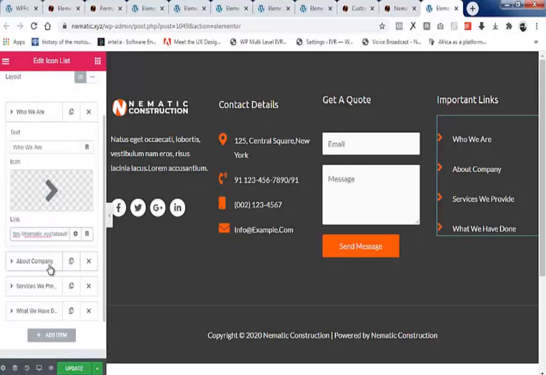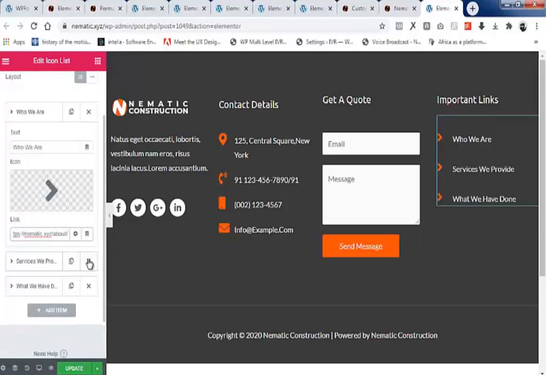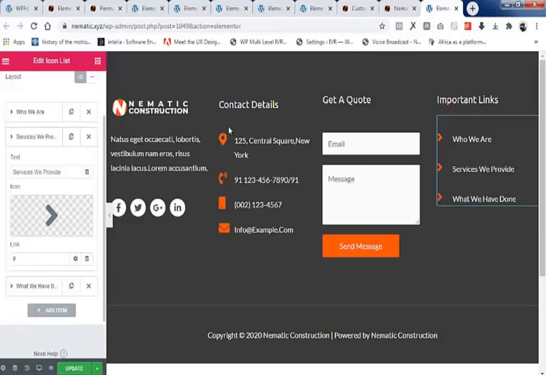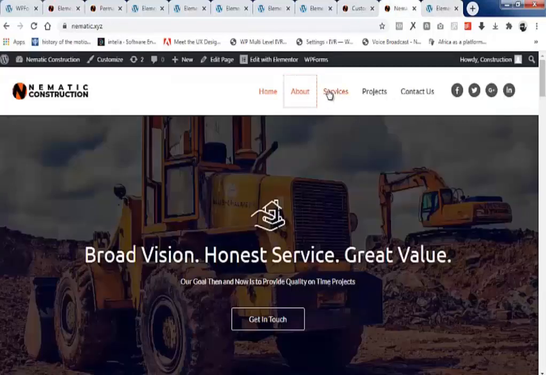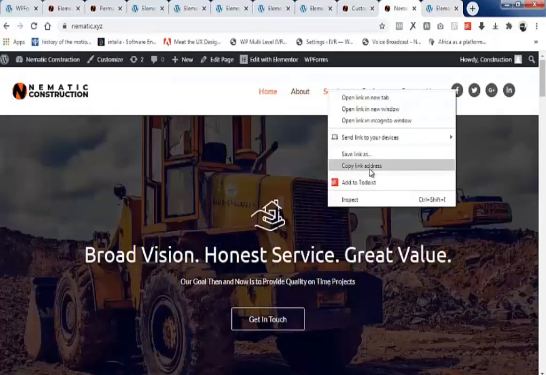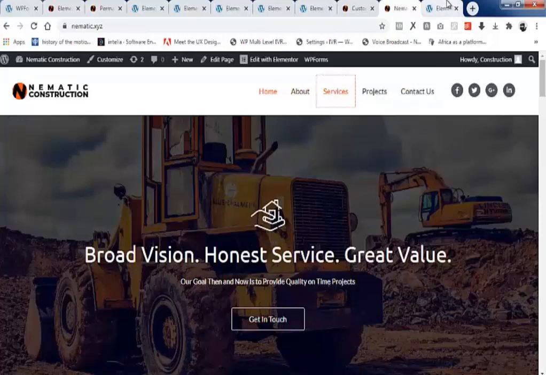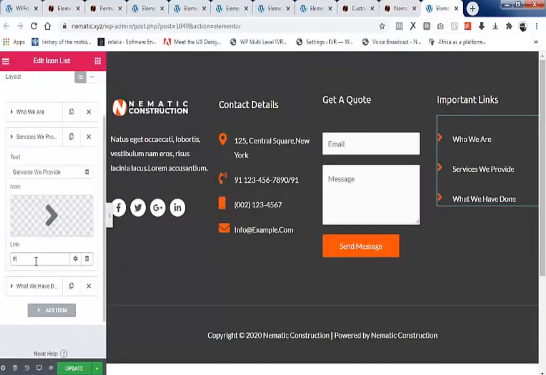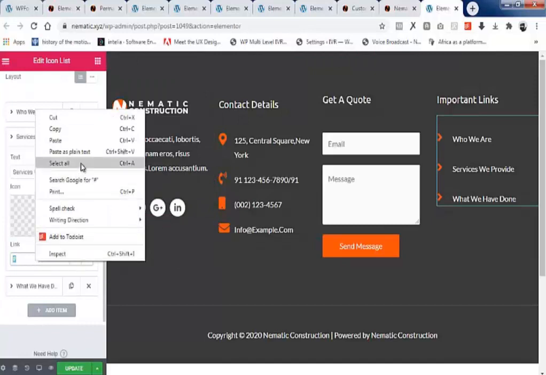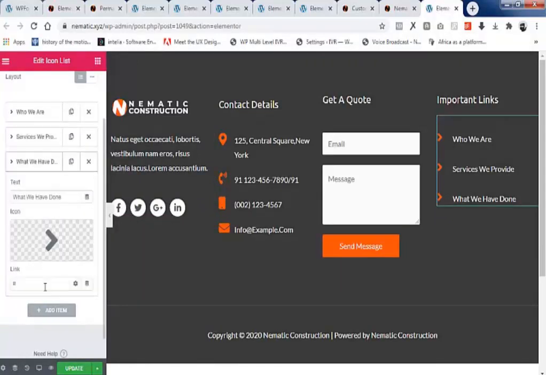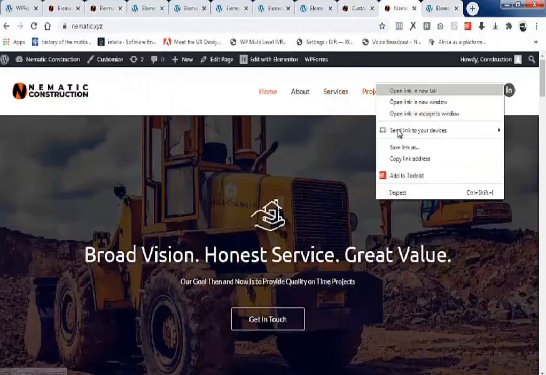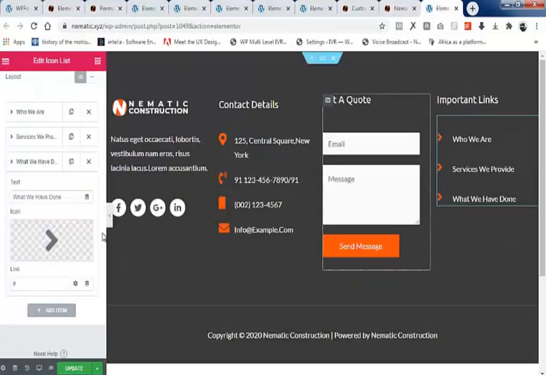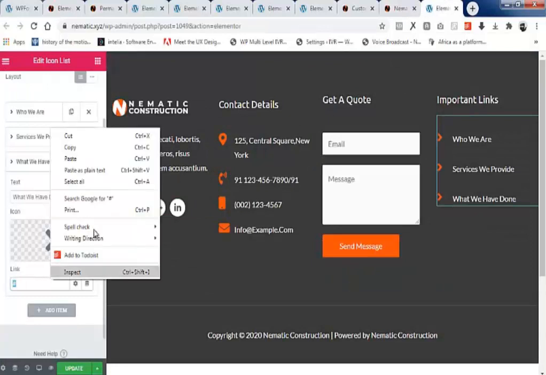About company, you can just delete this. For services we provide, you can right click on services we provide and click on copy link address. Now you can just paste this here. Here also what we have done, which is the project, I'm going to click on copy link and I'll paste this here.